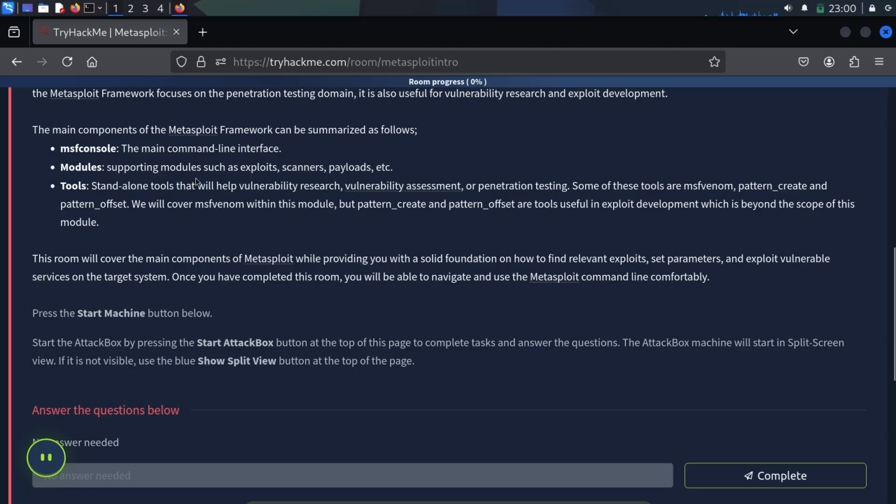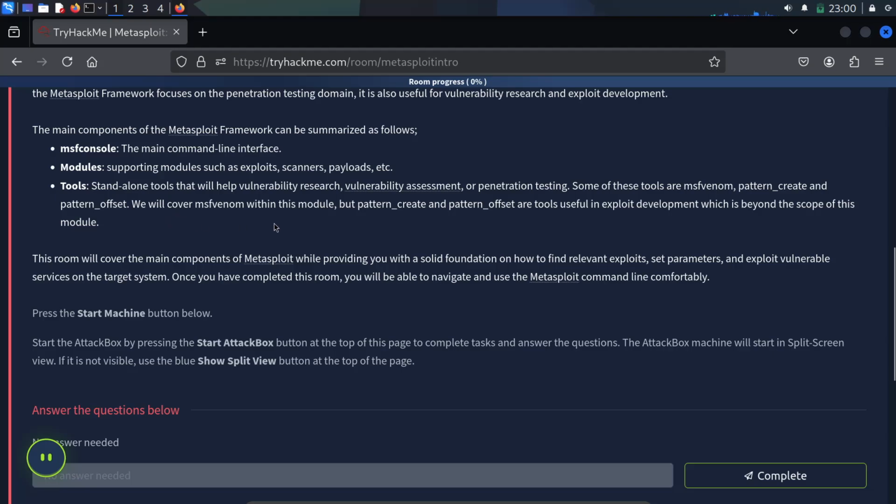The main components of the Metasploit Framework can be summarized as follows: msfconsole, the main command-line interface, then modules, and supporting tools, standalone tools that help with vulnerability research, vulnerability assessment, or penetration testing. Some of these tools are msfvenom, pattern_create, and pattern_offset.